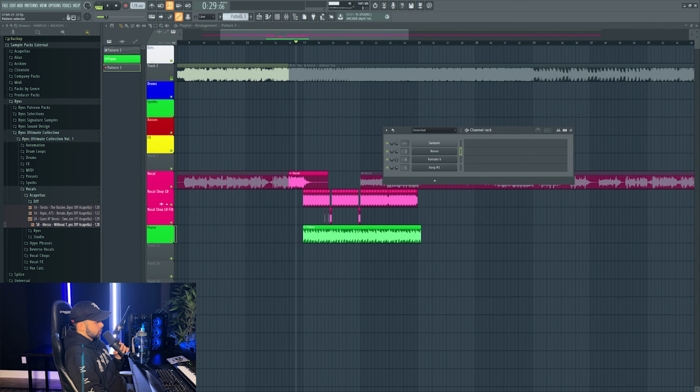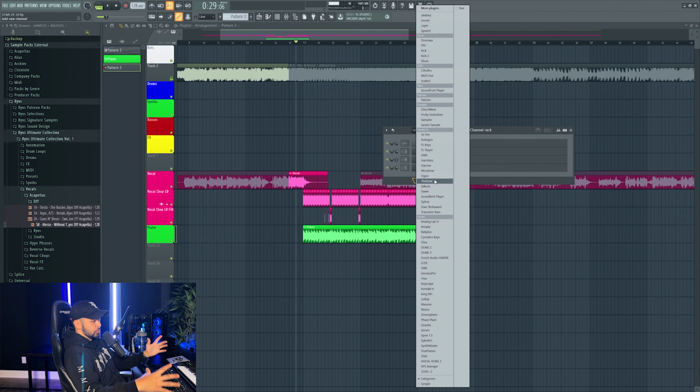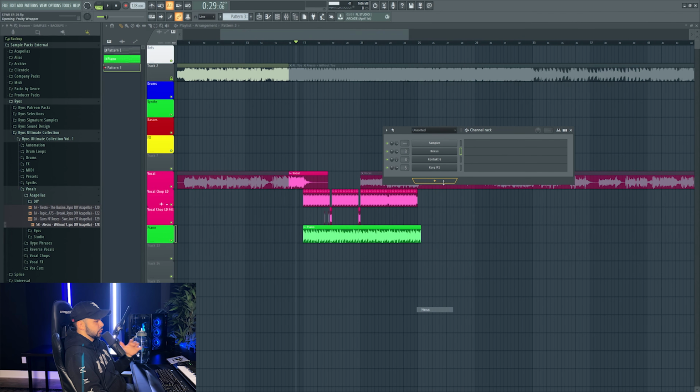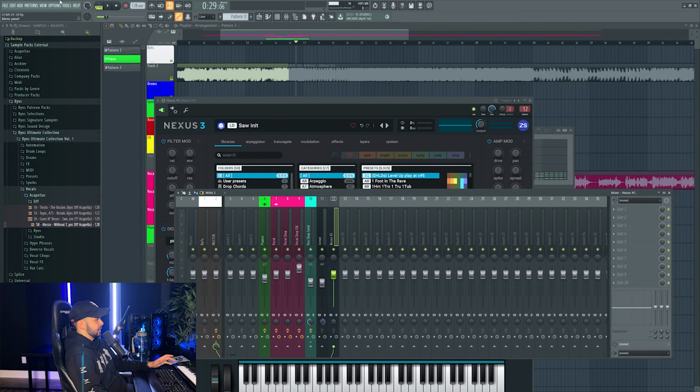Next, for the chords, we're gonna need like a pad and a super saw of some sort. So first we can try a super saw. We'll go to Nexus for that. Just something really standard, just to give it that sort of progressive house, ravey feeling.